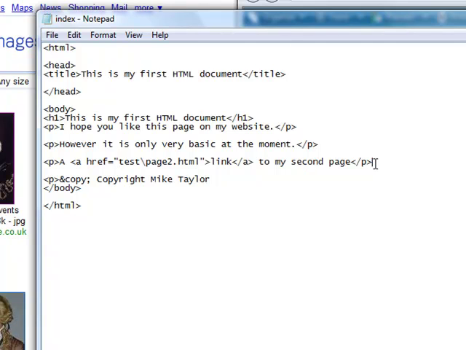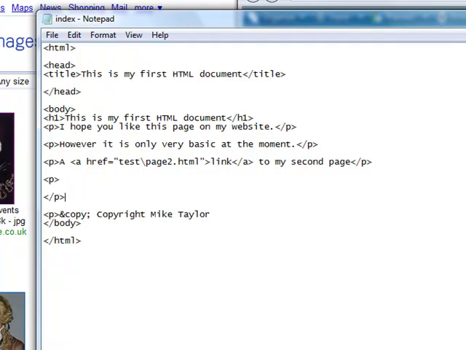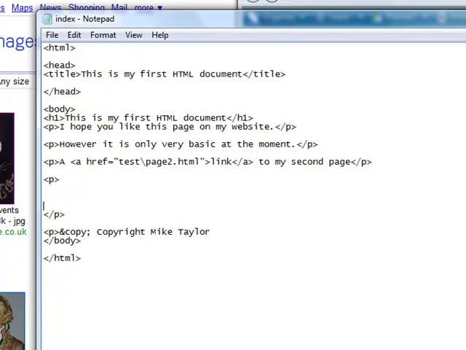So underneath my link, I'm going to start a new paragraph and close it there, and within that paragraph I'm going to use the image tag, and the image tag is just img. We then need to tell it whereabouts that image is, and we use the attribute called source, which is src, and again we just enclose it in quote marks. So the source of that image is